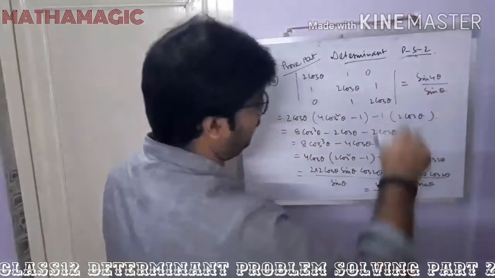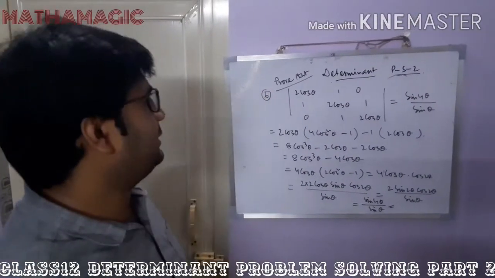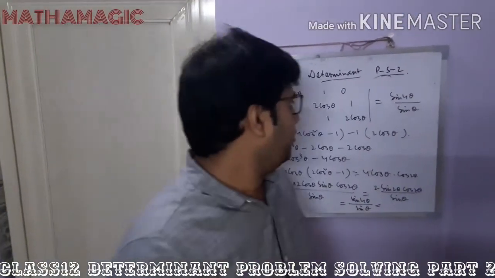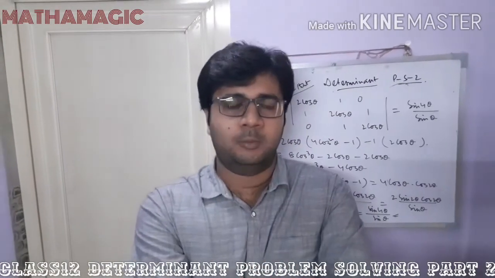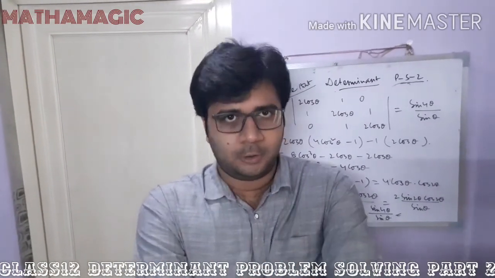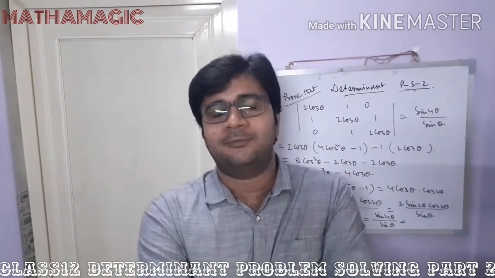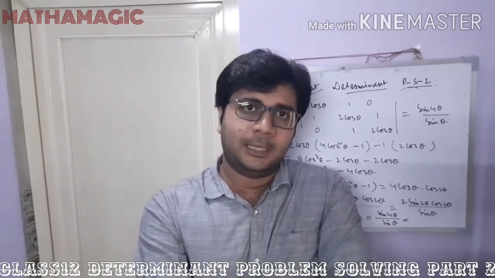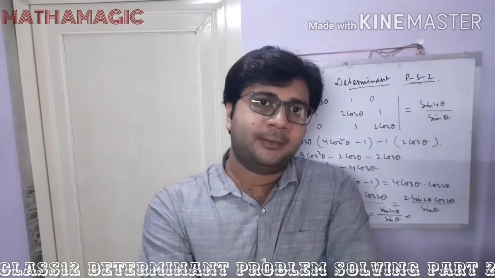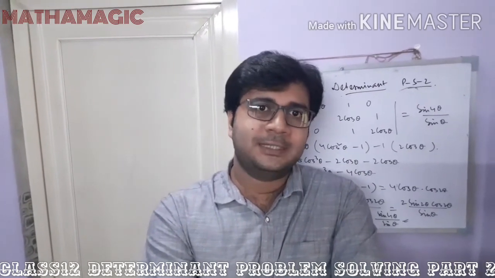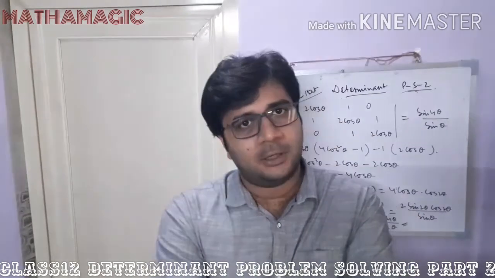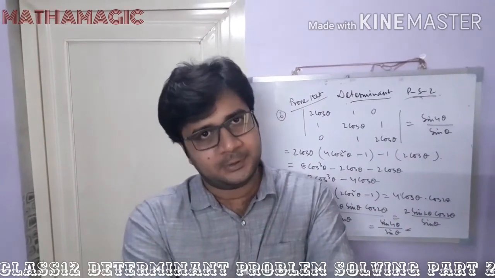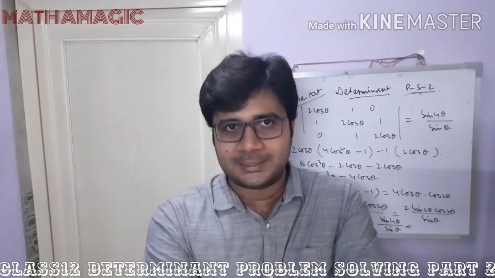So this is how the RHS can be proved. These are the sums which I felt were somehow different from whatever we discussed in the previous problem solving video. So this is all for determinants. If some more problems need to be solved, then we'll discuss them and upload one last video. As of now, this is the last video for determinant problem solving. Hope it was helpful.